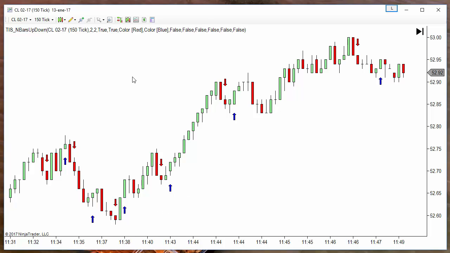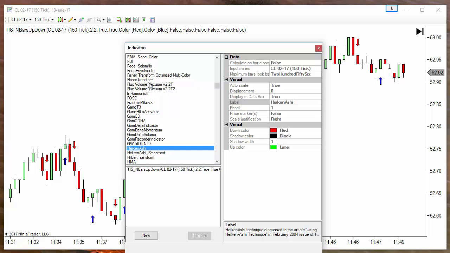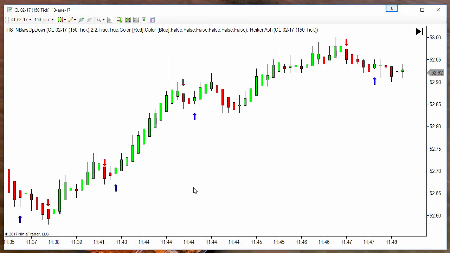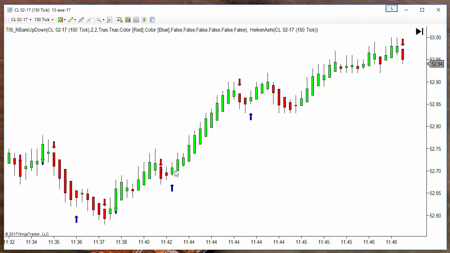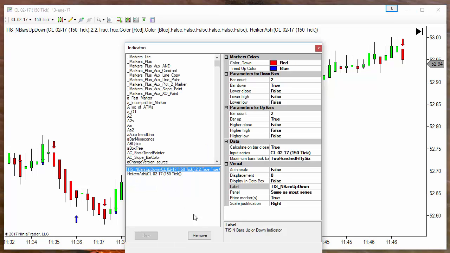The other option is using Heiken Ashi. With Heiken Ashi, we paint new bars with fake open and close. Now the open and close of each bar, which is what defines the color of the bar, is fake. It is using certain logic by Heiken Ashi. So now we can use the same logic, but looking at the color of a Heiken Ashi bar instead of the standard. So for that we can use the new custom indicator